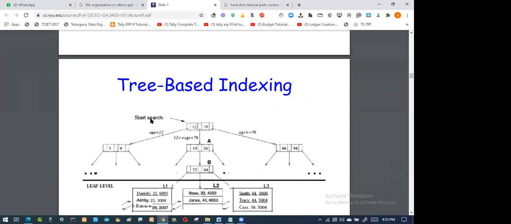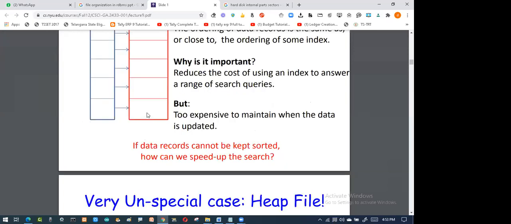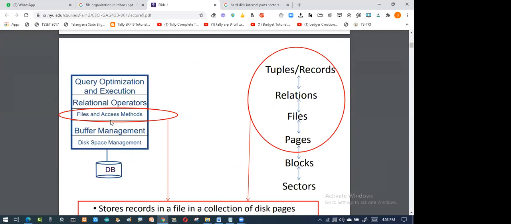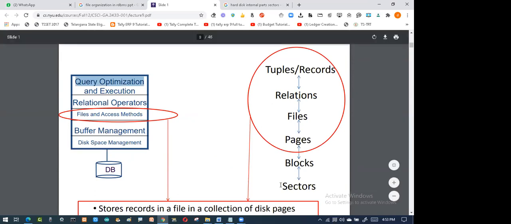I am doing this because my data has been stored. If you remember the first base diagram, the data is stored in FIFO format files, ultimately in the sector. So this is a sector. I showed you the diagram of a sector. In that sector, how can I get the records? I'll put in some queries, and whenever I put the queries, they pick up the data from the sectors, and ultimately I get a record.